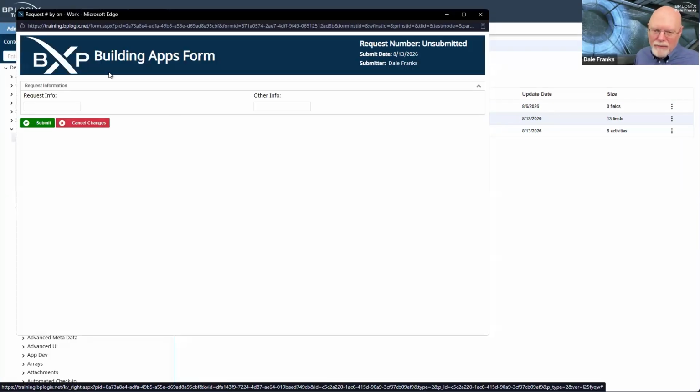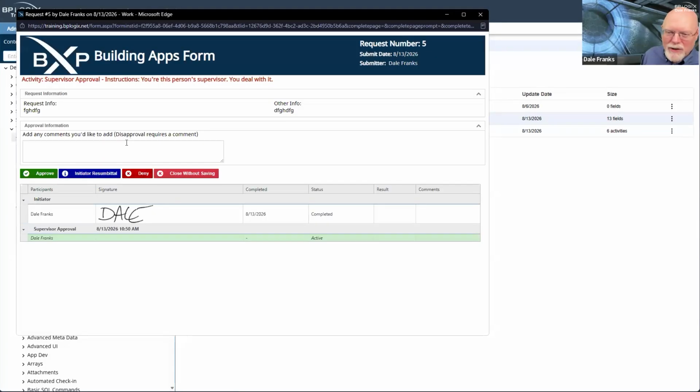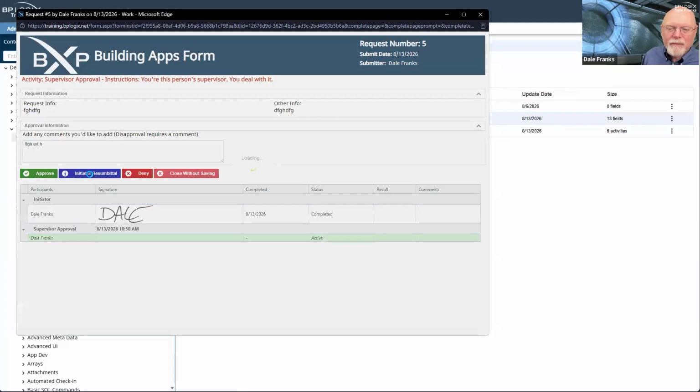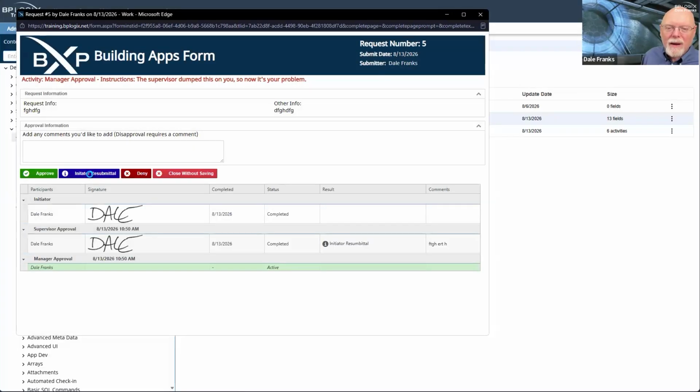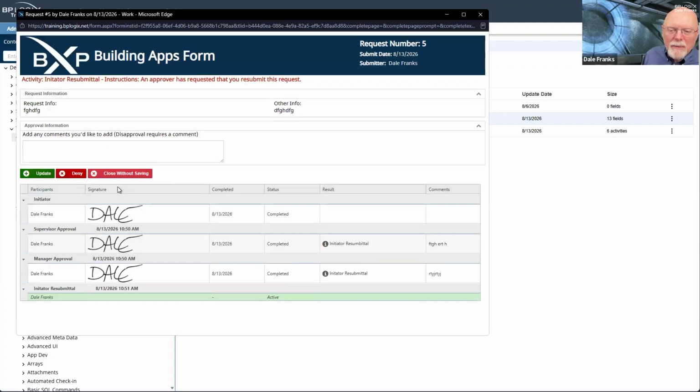Because I know I have the perfect condition set, and I thought I knew what it was. But now I don't remember where I've put it, and I'm not going to waste your time looking through the content list to find it. And we're back at manager approval. I'm not sure why we're at manager approval, and I'm not sure why initiator resubmittal isn't happening. So we're just going to deny.